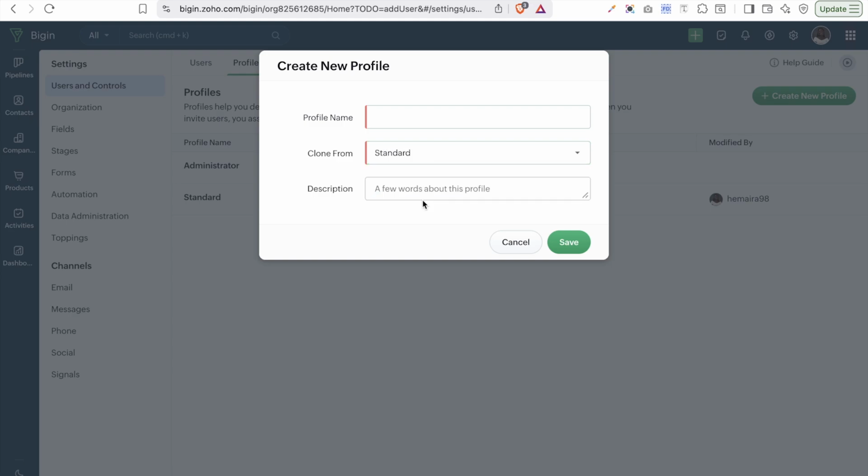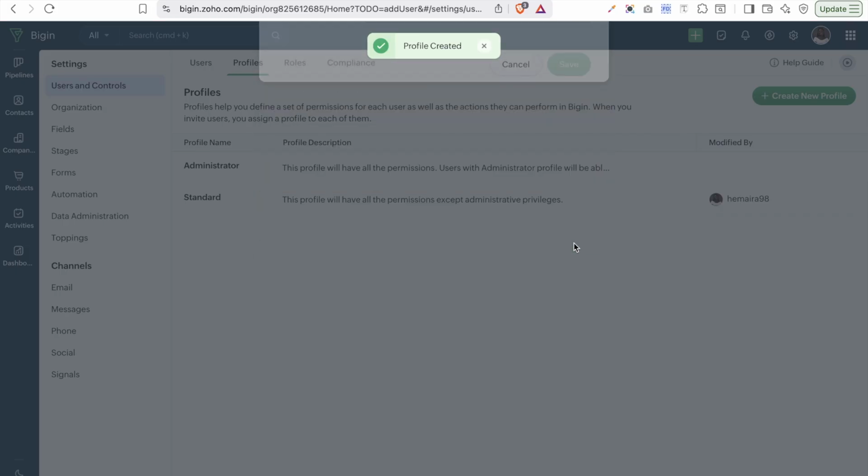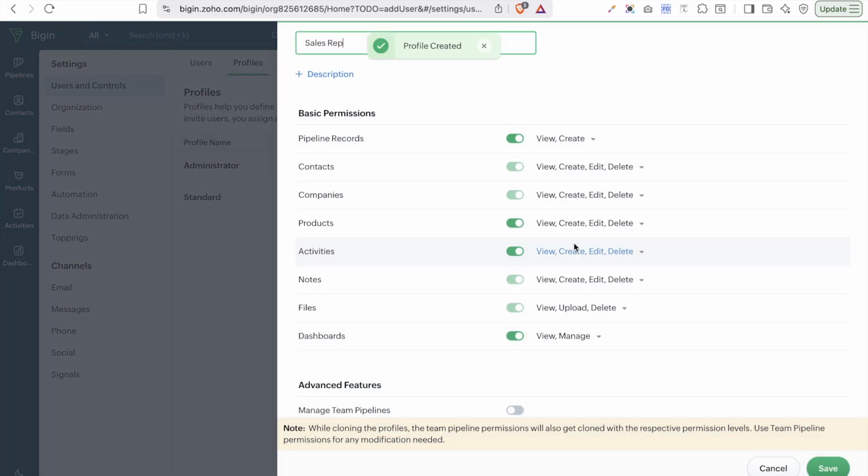You can say you want to clone from standard, and you can name this. So let's say we want to create a profile for sales rep. So let's name this sales rep. Then that means we are going to be creating a profile that is only going to be for sales rep. And when you click on save, it is going to save that, and you can then be able to edit